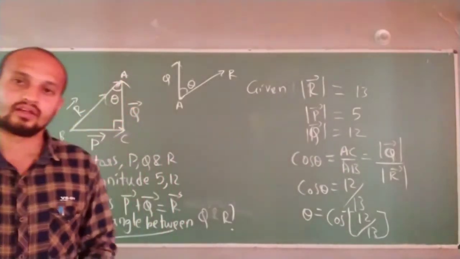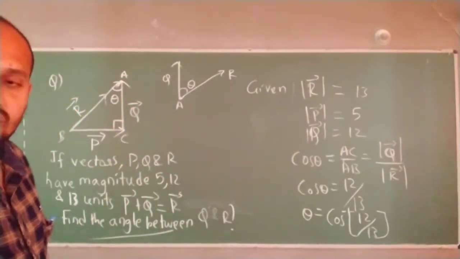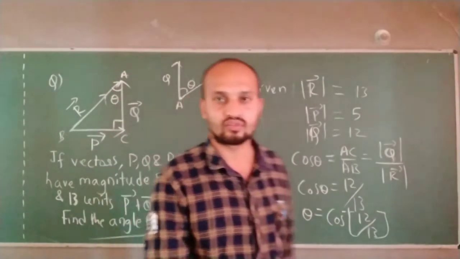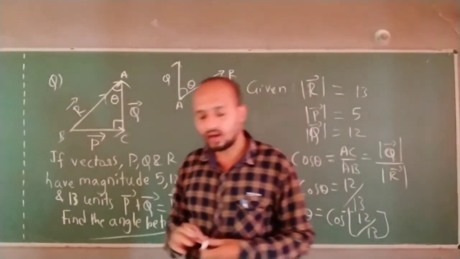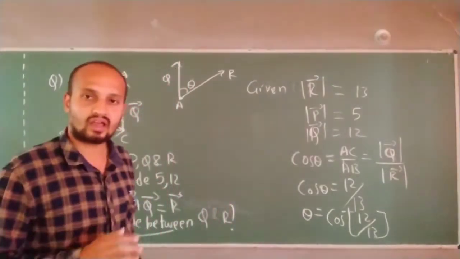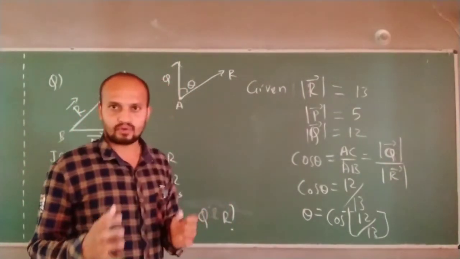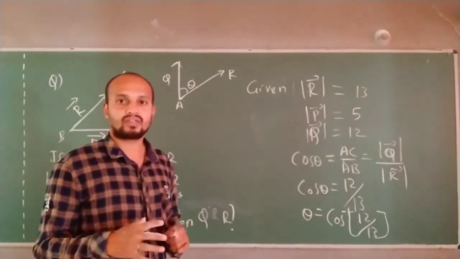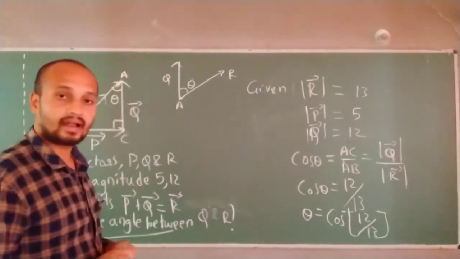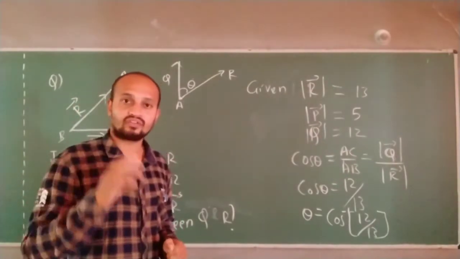Got it? So you might have expected I will be using r is equal to root of p square plus q square. Every time it is not used. That is why I have picked up this problem. You have to see what exactly they are asking. You know some techniques up to addition of vectors, algebraic or geometric techniques. You have to use both and solve. So you have to stick to the concept very clearly.